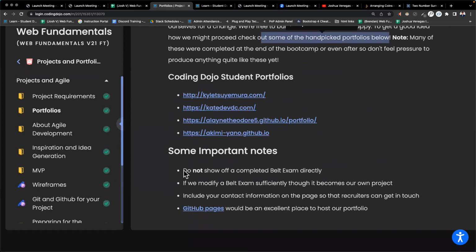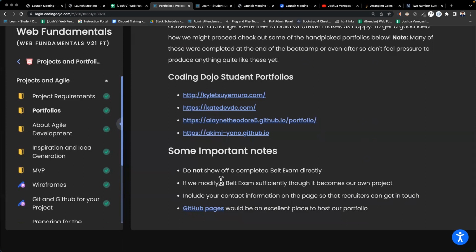And before we continue, let's go over some important notes. Do not show a completed belt exam on your portfolio. If we modify the belt exam sufficiently, though, it becomes your own project. If you modify the belt exam so much that you can't even tell that it's part of the belt exam, then that's fine.